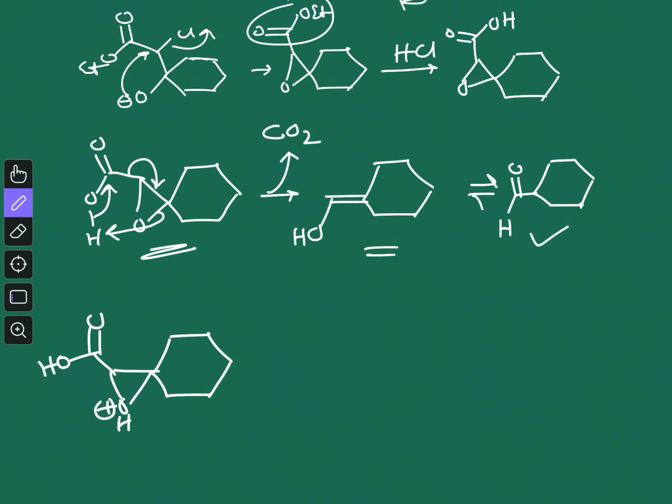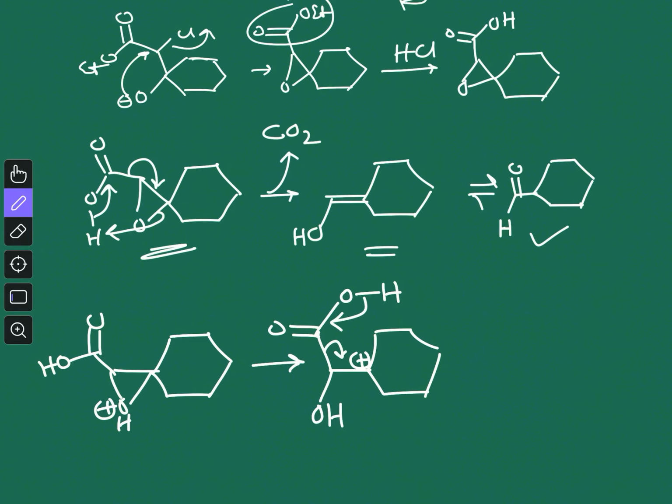So first the protonation will occur. Now this protonation will allow the formation of a more stable tertiary carbocation over here. So now you have this OH, and on this side you have this acid. Now simple decarboxylation. This decarboxylation occurs because it has a neighboring positive charge, and now enolization, actually tautomerization, will give you this aldehyde. So this is how it will occur.